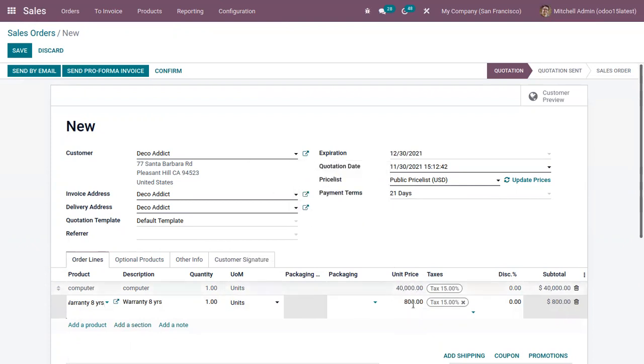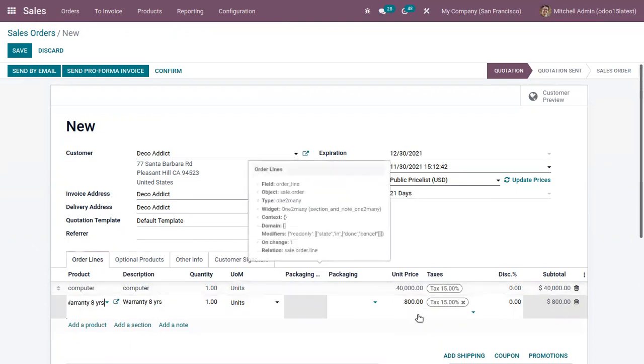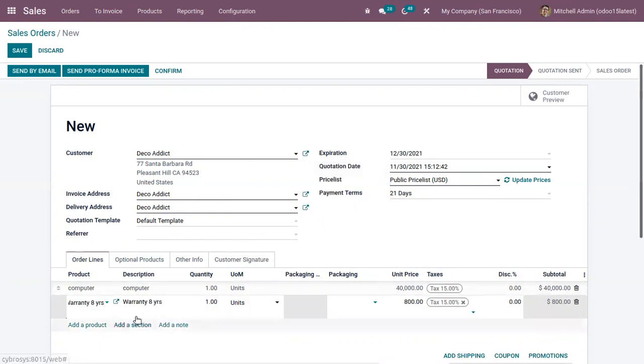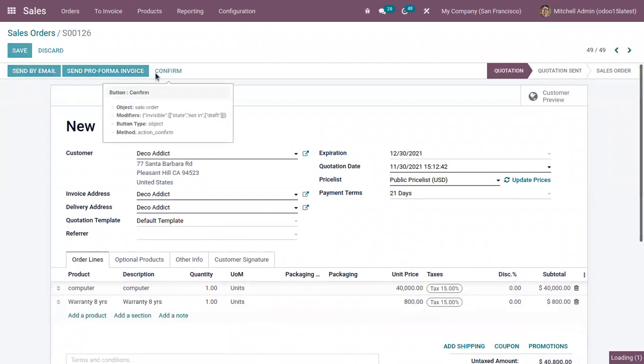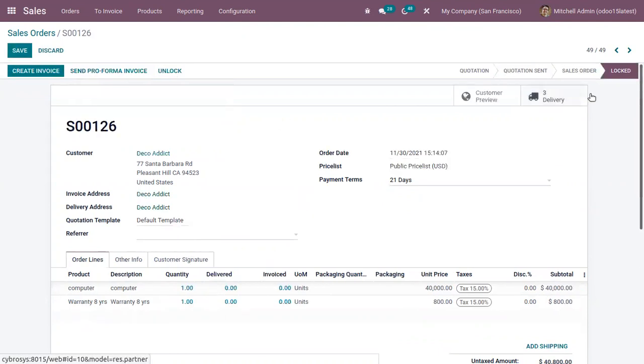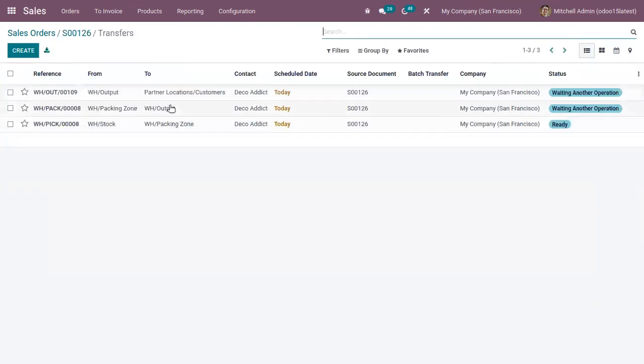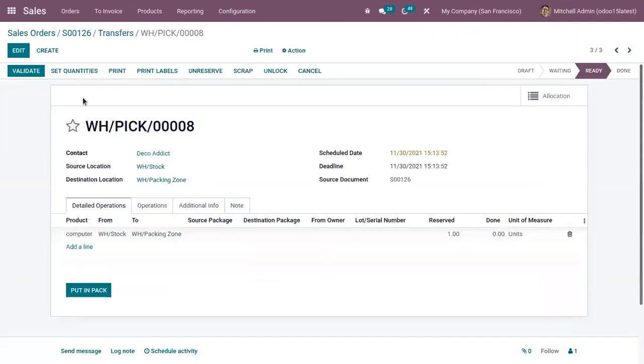So you can see the total price for the service product warranty. Now let's confirm the sale order. And here you can see we can deliver the product to customers.